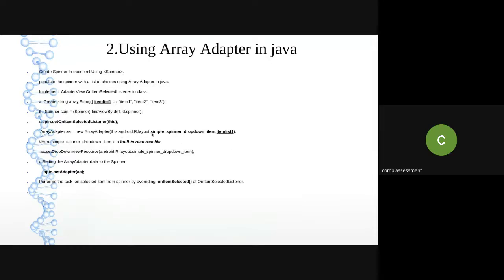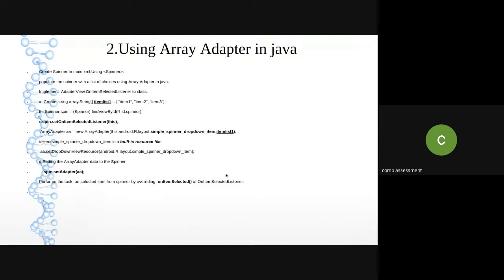Then as I mentioned, we want to do it with a spinner. So R.layout.simple_spinner_dropdown. I want this widget on my layout file as a drop down list of a spinner, so you have to select R.layout.simple_spinner_dropdown. And the last thing is here atomList, that is nothing but the actual name of the array where I have created the atom list, or the set of values. These parameters I have to pass while creating the array adapter object.